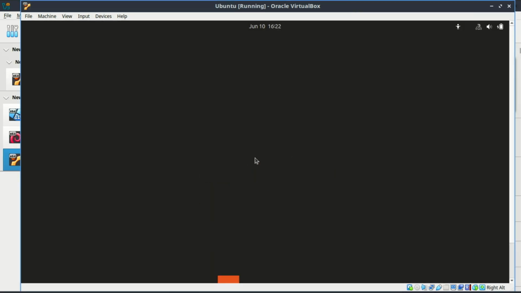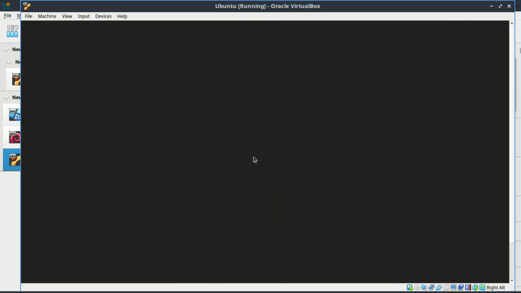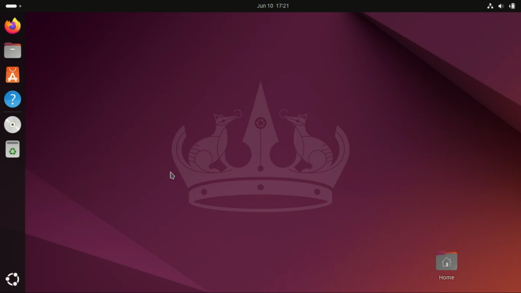The installation is done. Just log in with the password you created earlier. And that's it. You've successfully installed Ubuntu